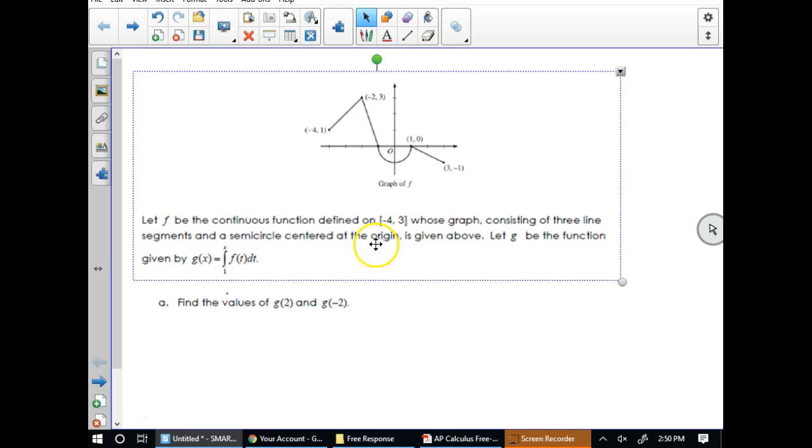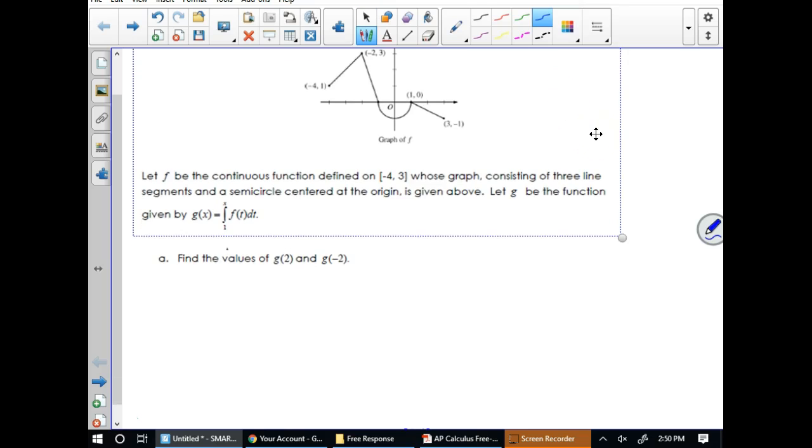Okay, so for this problem, they give us this graph here, and they tell us that f is continuous and has 3 line segments and a semicircle, and g is the function given by the integral from 1 to x of f of t. So first we're supposed to find g of 2 and g of negative 2. So for g of 2,